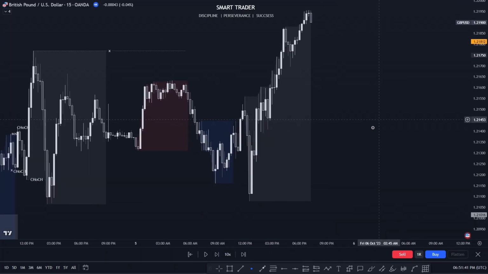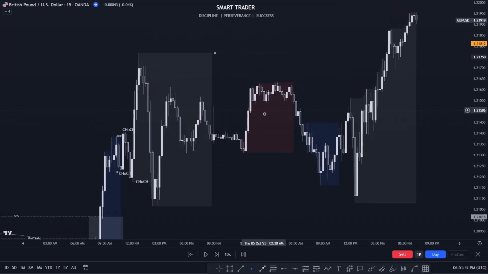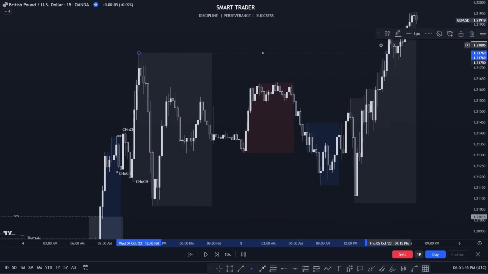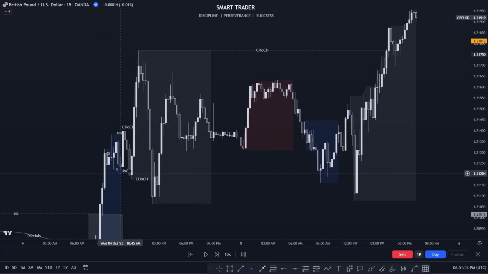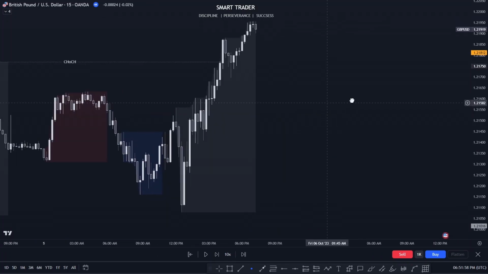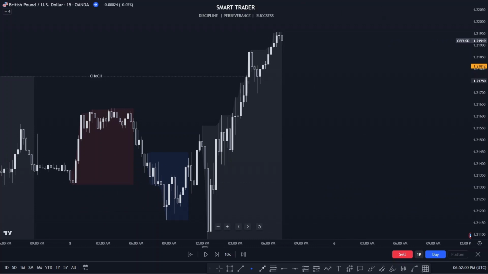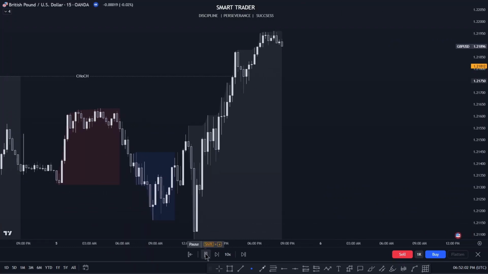Okay, over here the market has again changed character. It has pushed higher and closed above the last low, which is right here. So this is a valid change of character again. So we see that the market has changed character 4 times in a row. It means that the market doesn't have a clear direction, so we have to be really careful for that. Okay,